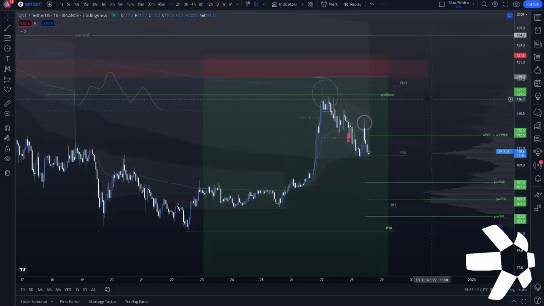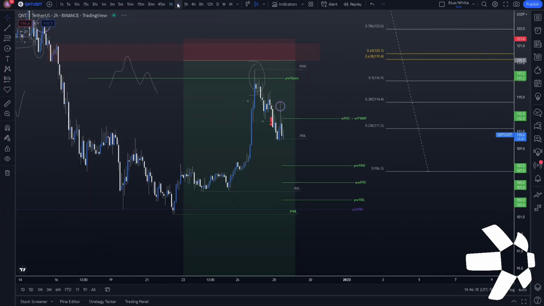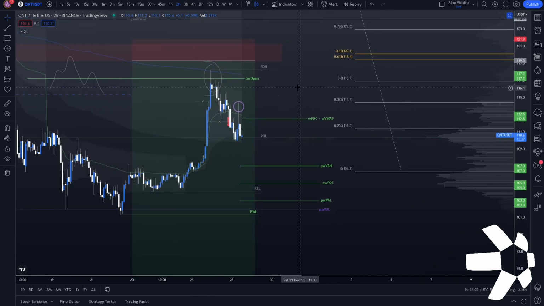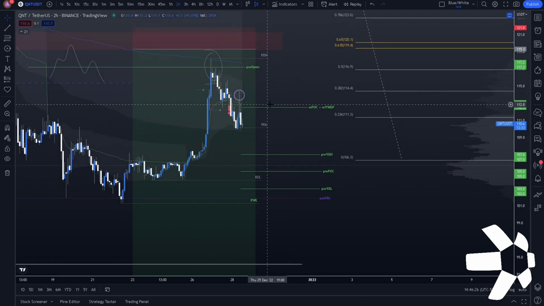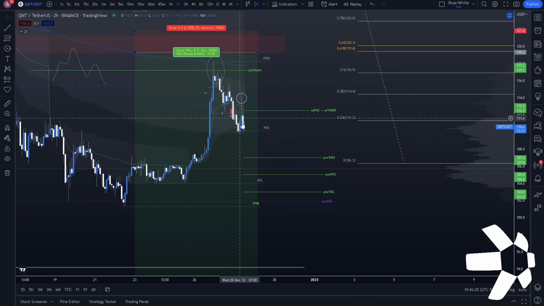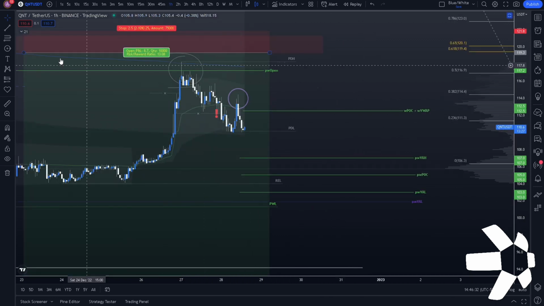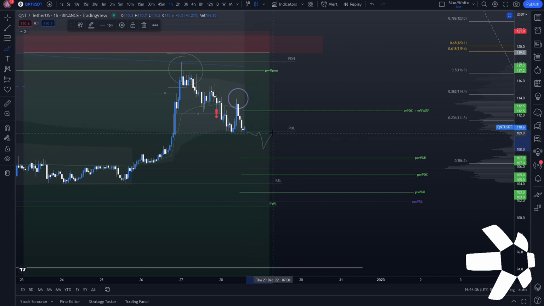So since this is the case, we do have bearish order flow on the 1 hour. If we go to the 2 hour, we are still in bullish order flow. So on a higher time frame, we are still on our way up, but on a lower time frame, we saw this reversal. So I'm assuming that we will see some sort of price action that looks like this, and then maybe find support on the previous week value area high,